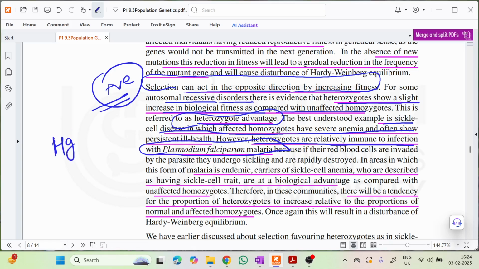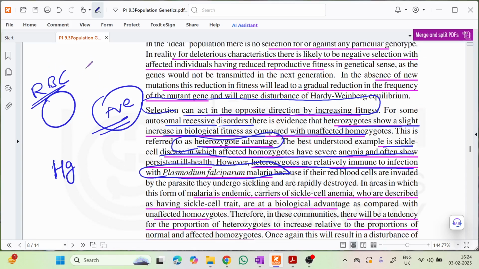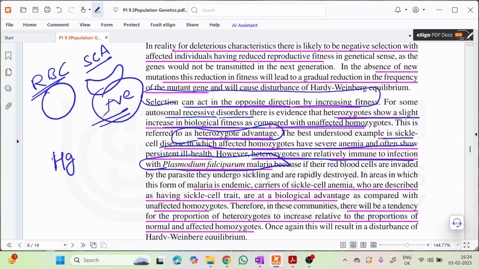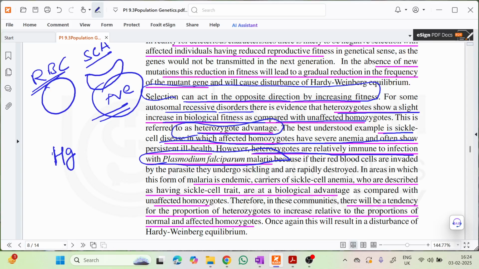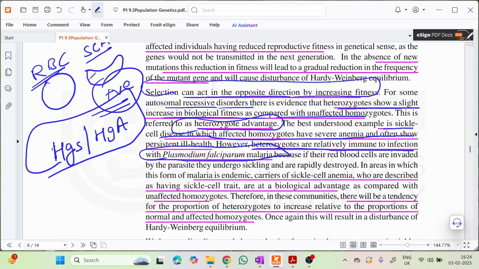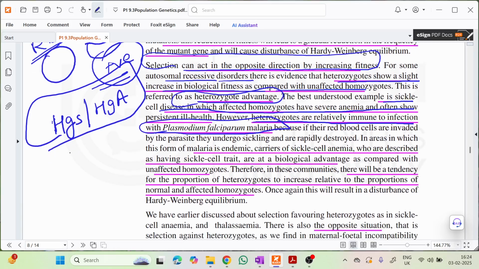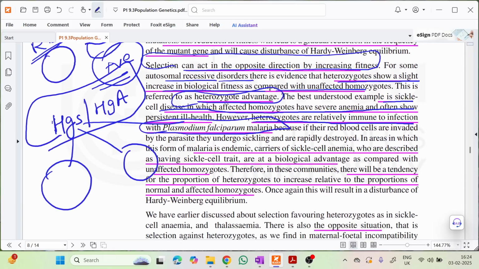Usually the erythrocyte, the red blood cell, is circular in shape, but due to sickle cell anemia, the sickle cell disorder, the shape of the red blood cell becomes a sickle form. So in that case there are two variations, two alleles. The first one is for spherical shape and the other one for sickle shape.